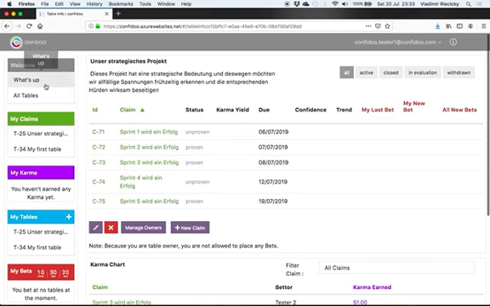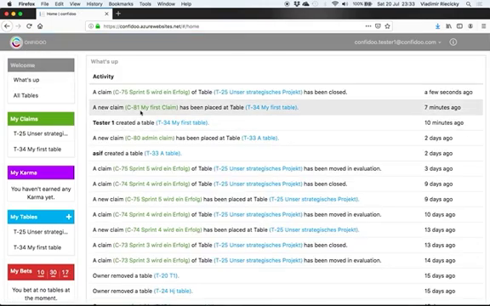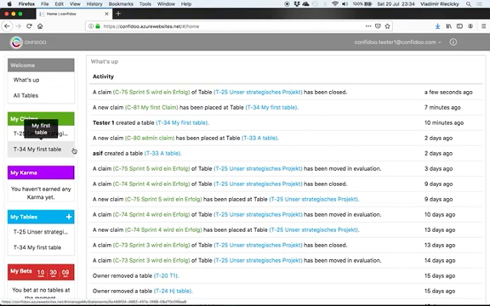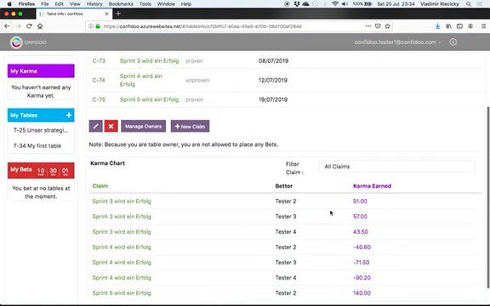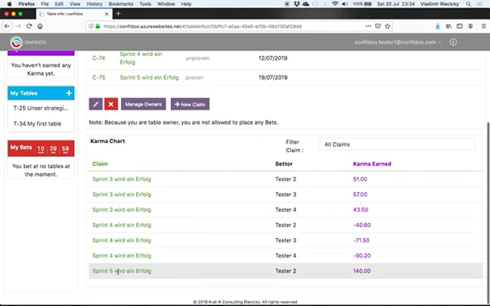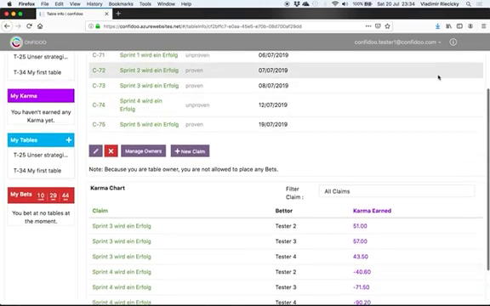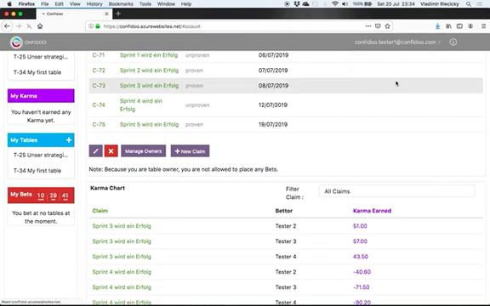Right now, I can even go to WhatsApp, and of course, it's going to show us that there is a claim which has been closed. Now, all the guys who have betted on this claim will see that there is an earning inside of their karma. So what I see now, there is a sprint 5, and as a table owner, I know by now that tester 2 has earned 140 karma points on this claim. If I get back to tester 2,